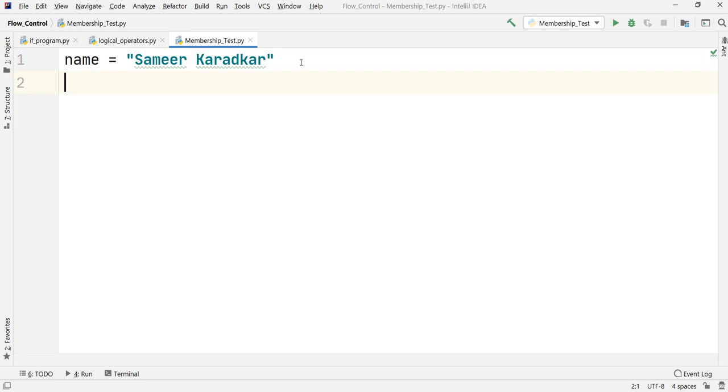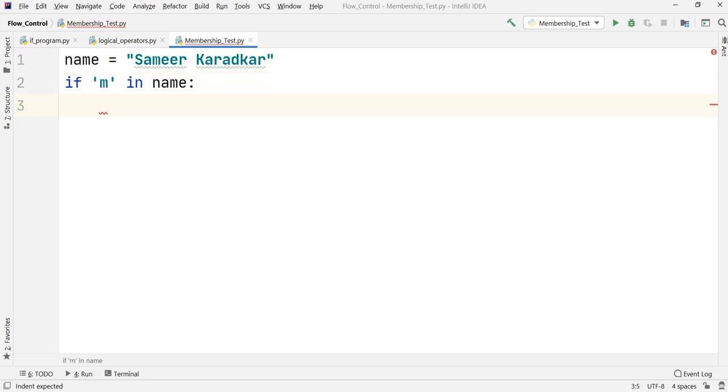What can be done here is that I will make use of an if statement. If I want to check M, so if M in name, I want to check whether the M character is there in name.